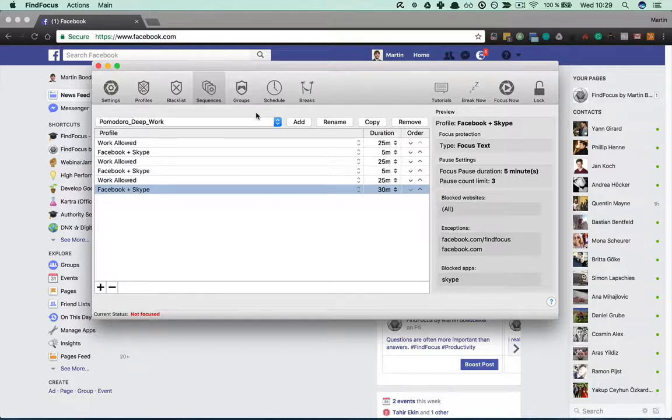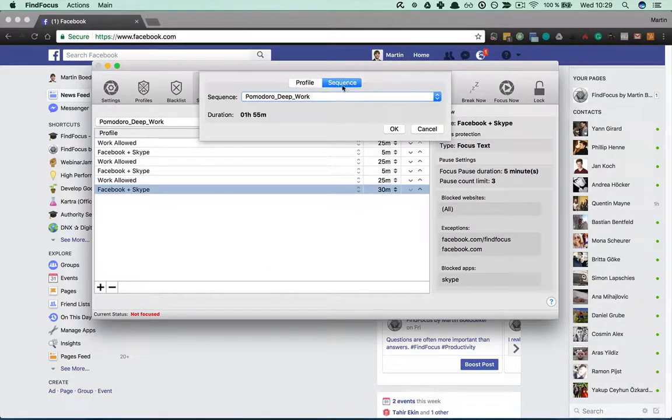Okay, that's the sequence, and if we want to start a sequence right now, we can click on the Focus Now button, and we could choose the sequence. It will show our sequence we just created will run for almost 2 hours. And if we click OK, we would be able to use only sites that we allowed, and work for a session of 2 hours. We will not do that for this tutorial,